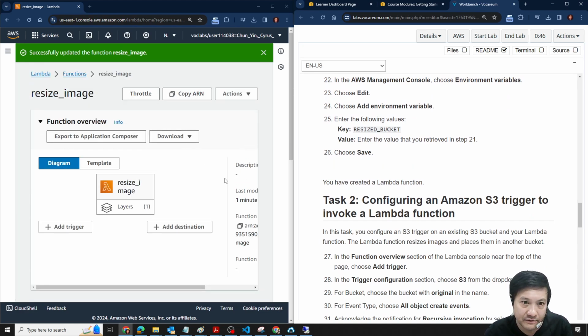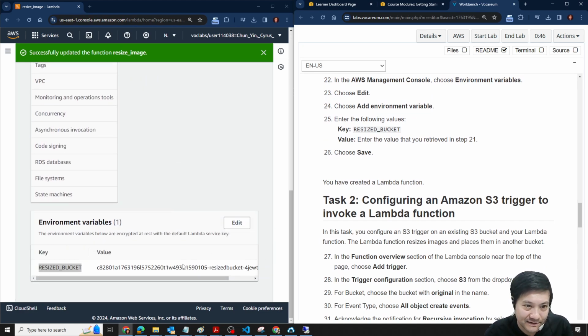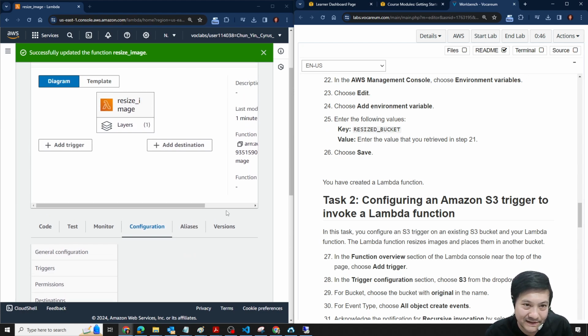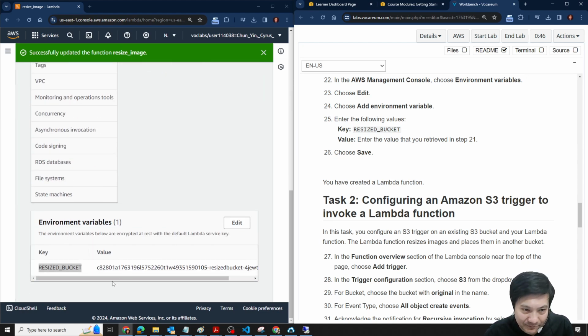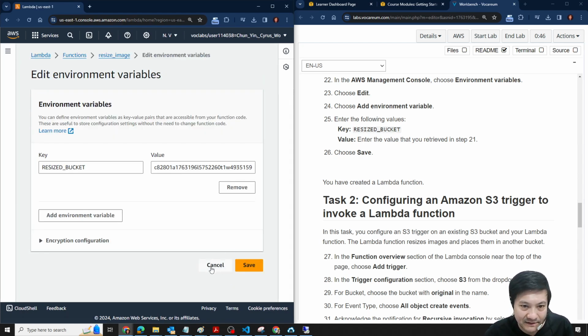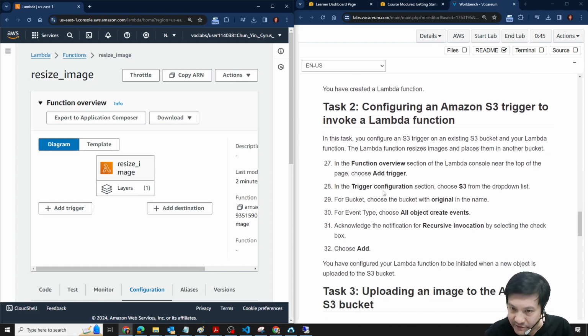Remember to save it. If you don't save it, it will not be added here. We have saved it, added it here, and then saved it. Okay. Now we try to set up the trigger. Now we will take an S3 trigger, which actually just means putting a file in, but you haven't been told that yet, so how would you know? We will add a trigger